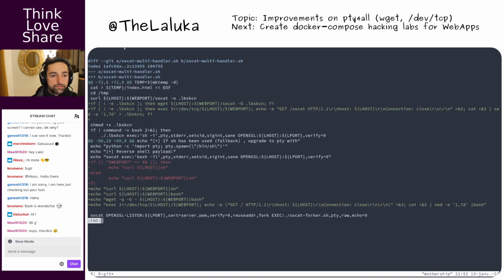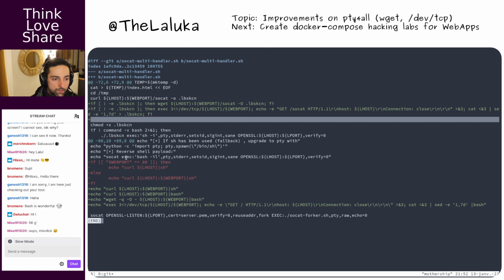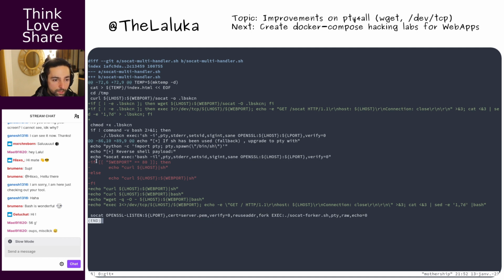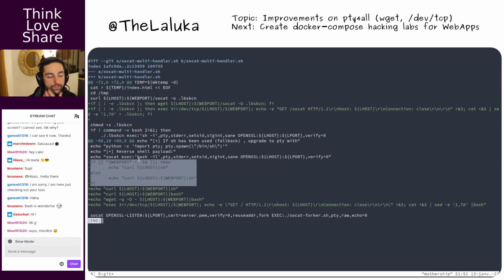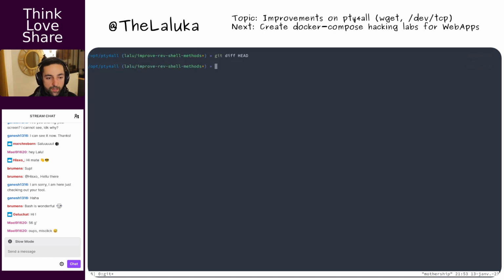If we git diff HEAD, we have the two methods that we added, an extra line, why not? And we get rid of the small modification with the port that was omitted when it was 80 because it's the default. But if someone really wants to have a short payload, they can just get rid of this one. I do not need the complexity there.